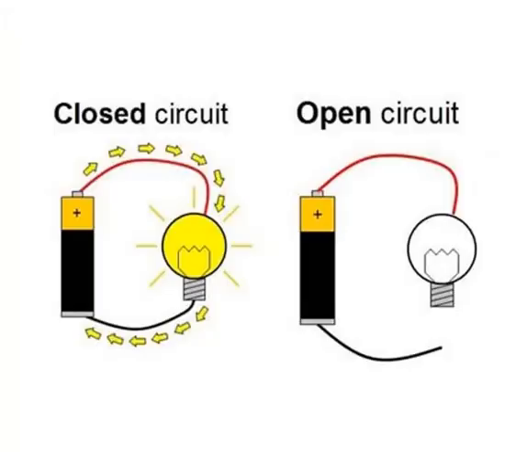Before we understand the concept of the series and the parallel circuit, we need to understand what is a closed circuit and an open circuit. A closed circuit is one which provides a closed path for the flow of current. An open circuit is one wherein there is no closed path for the flow of current. So in the first circuit shown here, you can see that there is a connectivity between the battery and the bulb, whereas in the second case there is no connectivity between the battery and the bulb, thus providing no closed path.